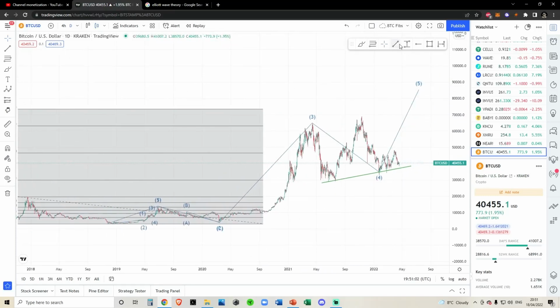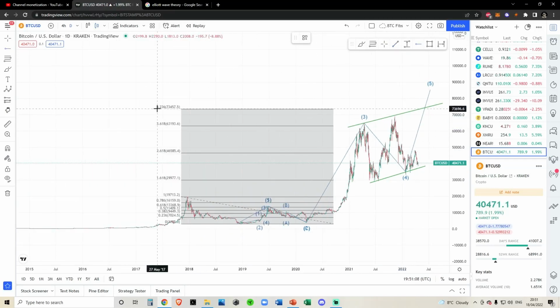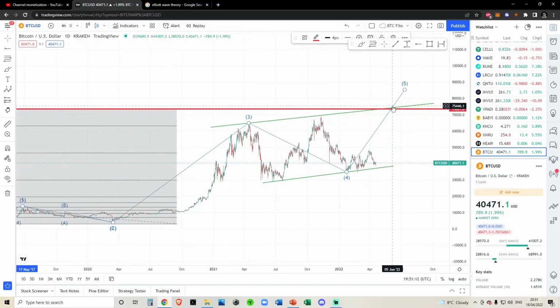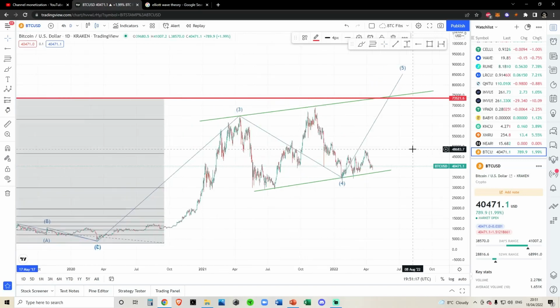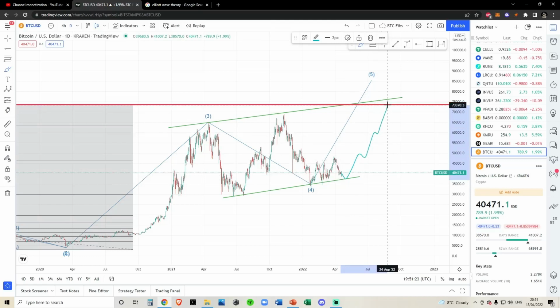Now, does this tie in with anything else? Because we've got a high and a higher high up here. Well, if we draw this over, we could actually see some somewhat correlation approximately around the 75,000 price target. Now, it is kind of taking its time to get there, but if we do start building up momentum over the next couple of months, you could potentially see us coming up into the top of this trend